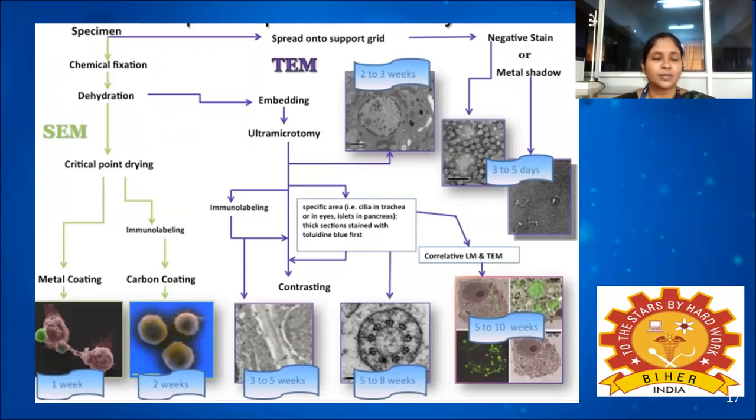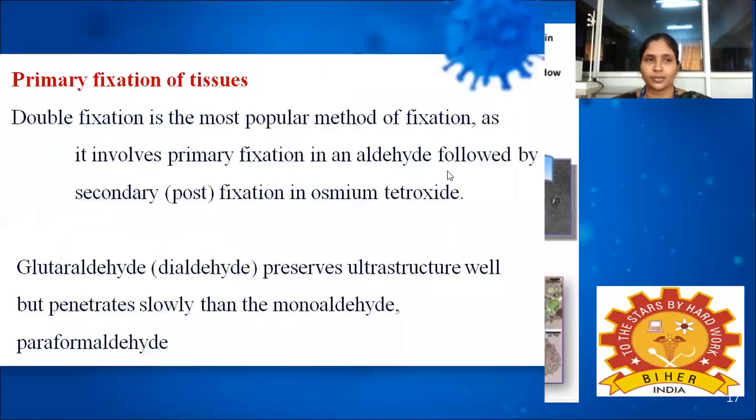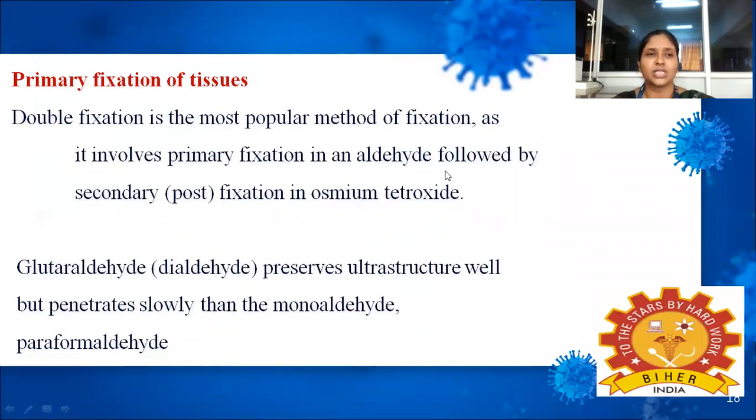Next is the other specimen preparation process, for scanning electron microscopy, which is the chemical fixation process. Firstly, it can be chemically fixed and then dehydrated. We can bring the sample to its critical point and dry it using freezing agents, and then it can be sliced and metal coated, or even carbon coated, to observe the samples. So these are the general techniques or steps followed for scanning electron microscopy and transmission electron microscopy. The first step in the processing of samples is the primary fixation of the tissues.